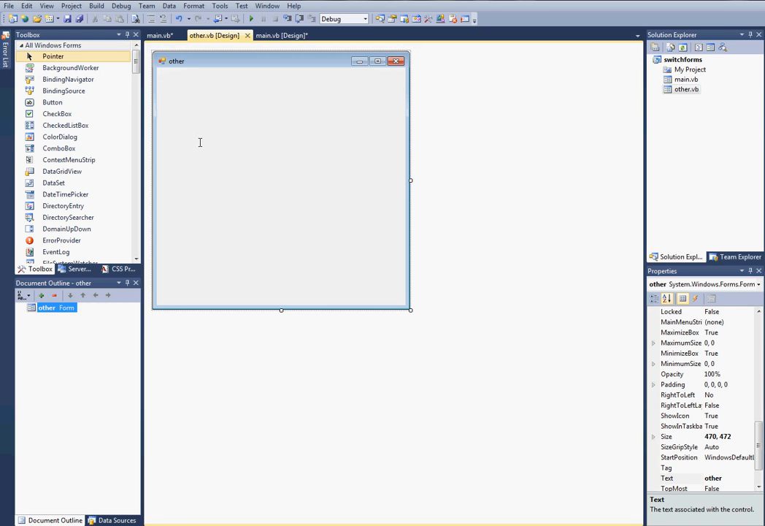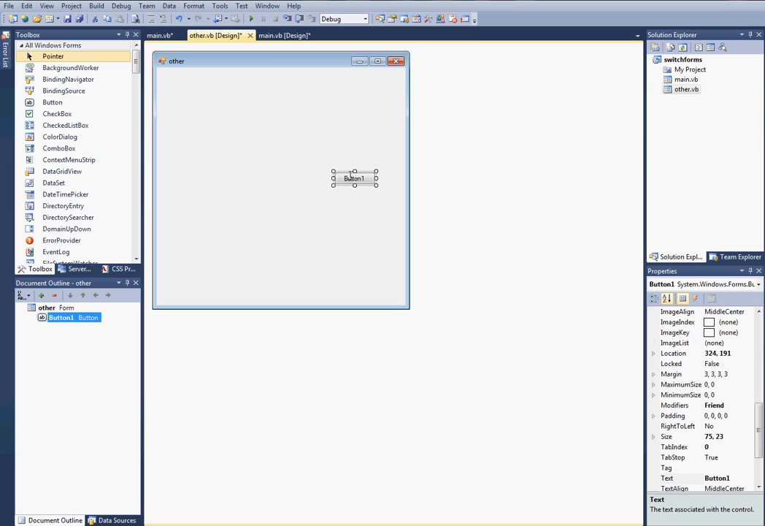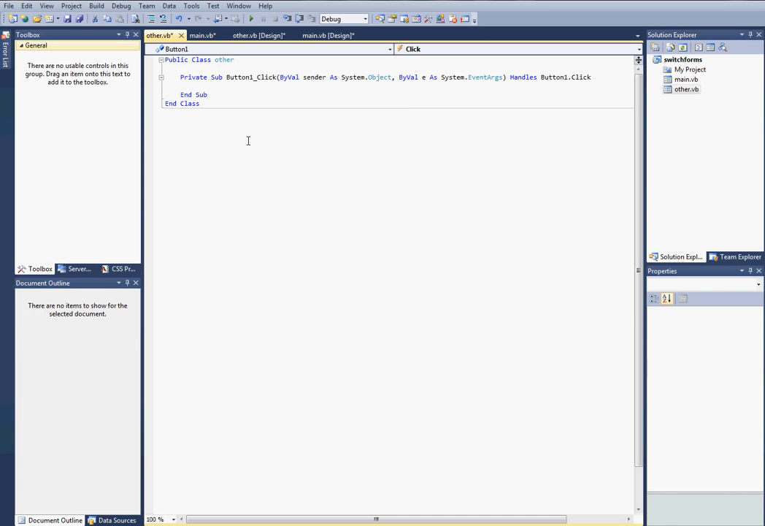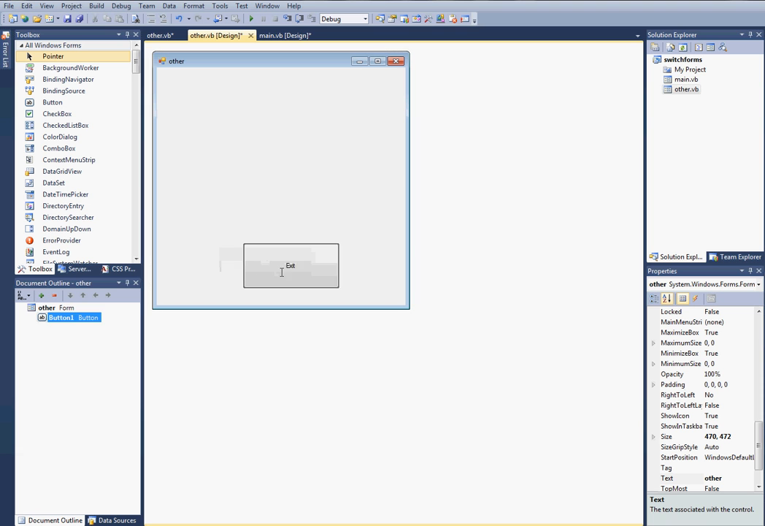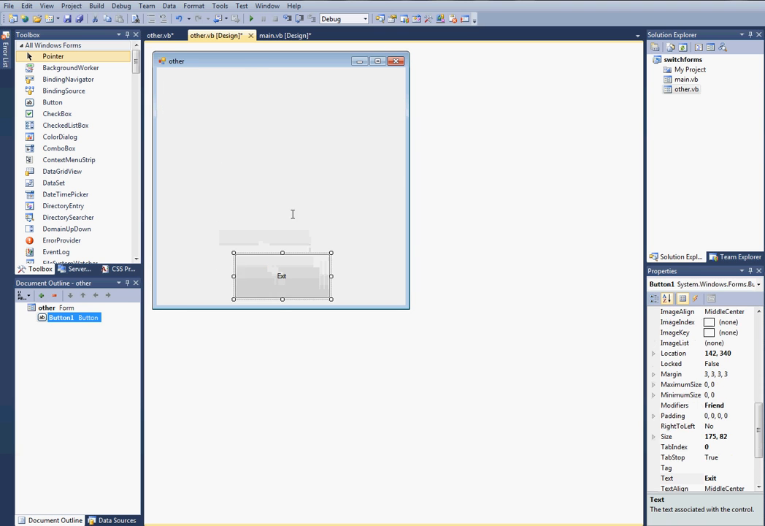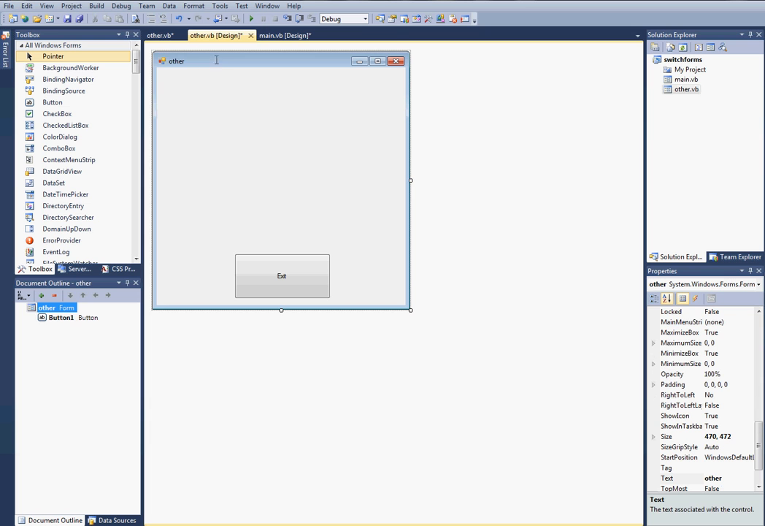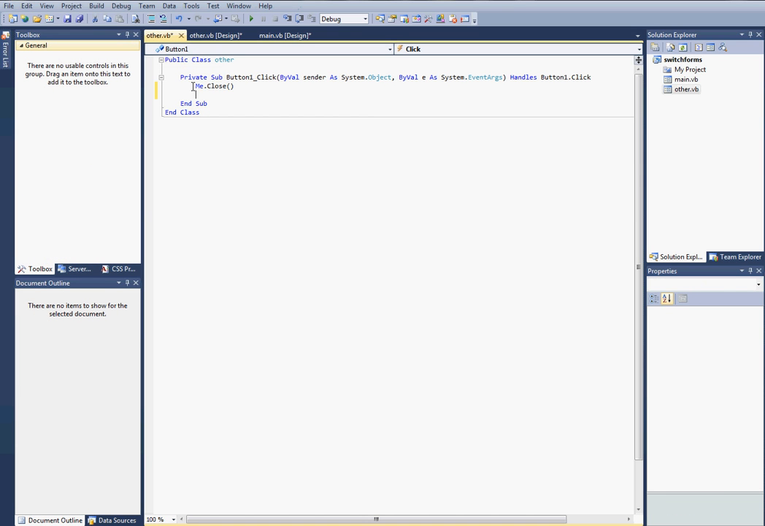Now, we're going to create another button on this other form that also says exit. I'm not going to worry about naming, but you know how to do that. Exit. And we're going to double click. We're going to do me.close. The reason why you do me.close is that's the current form that you're on. When you're saying me, you're talking about this other form. Wherever this button resides, it resides in the other form, so when you say me, it's referring to that. Okay, so that will close